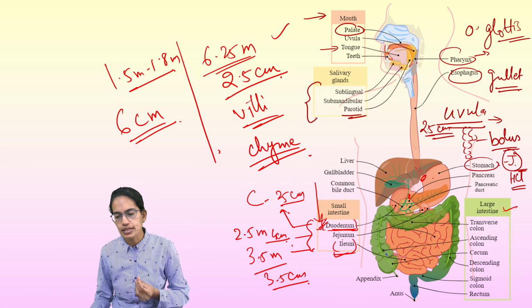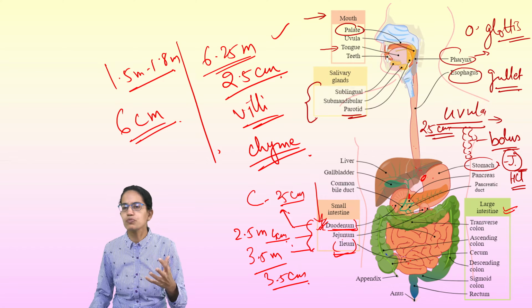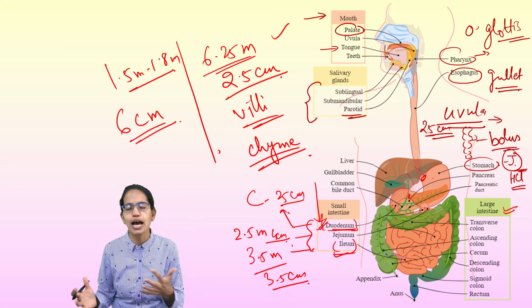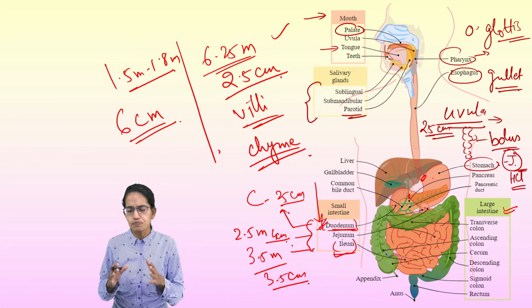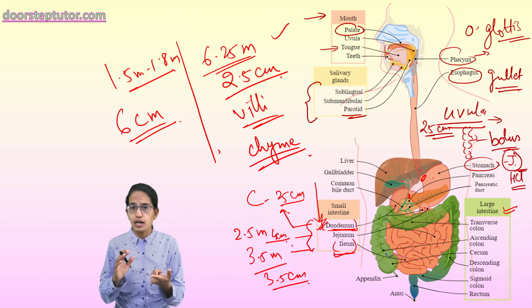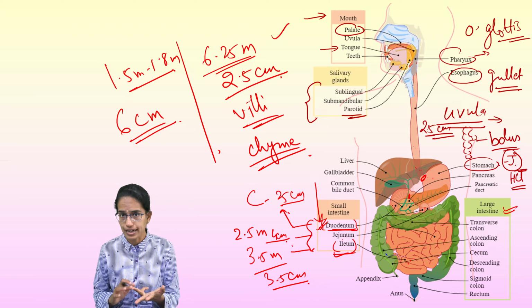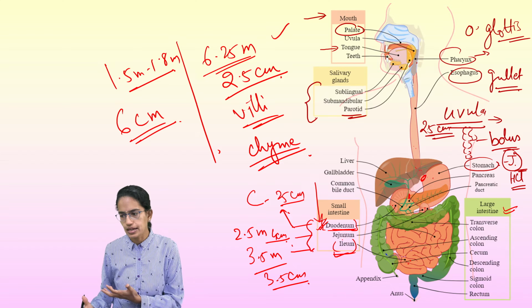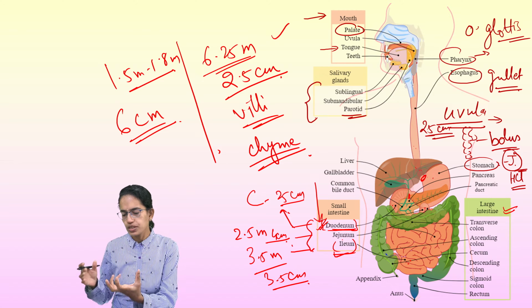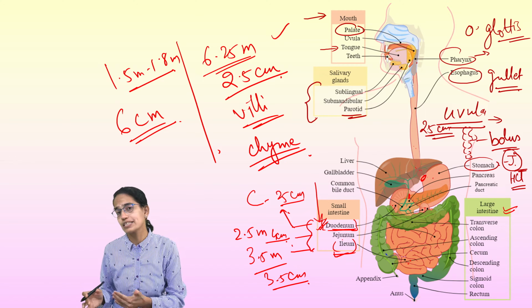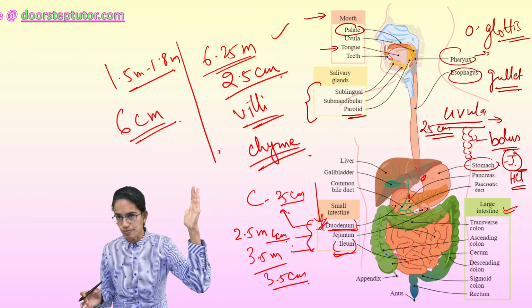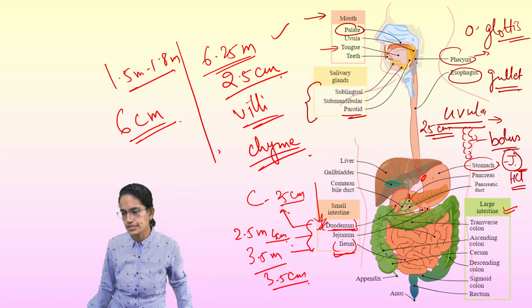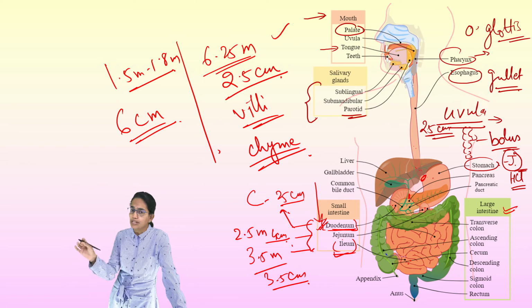The last one is the large intestine. Large intestine is lying in the abdominal and the pelvic cavity, and this is again divided into three: cecum, colon and rectum. Cecum is commonly seen in grass eating animals, the mammals, rudimentary in others, and this is where the ileocecal valve actually permits the food to move from small intestine to large intestine but does not allow it to move backwards. So it's a one-way movement that is guaranteed, and from the cecum arises a blind tube which is known as vermiform appendix.